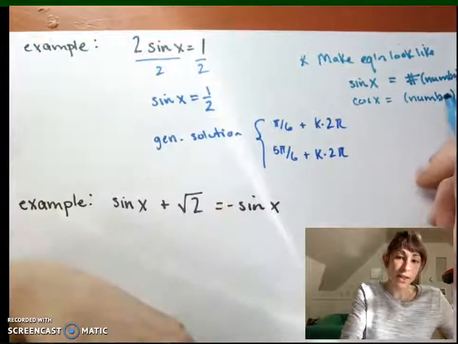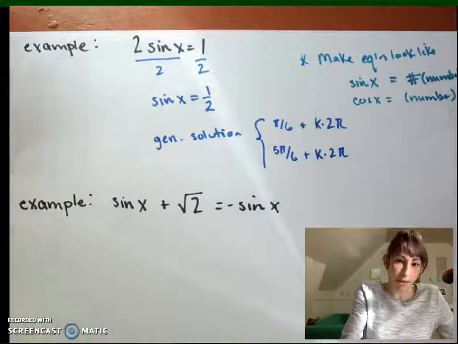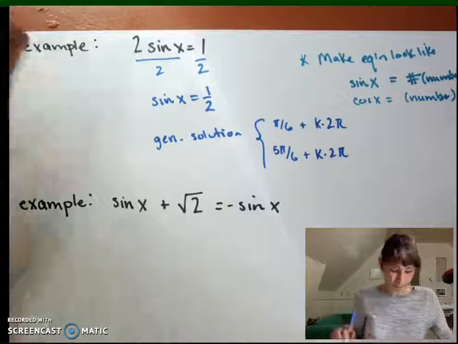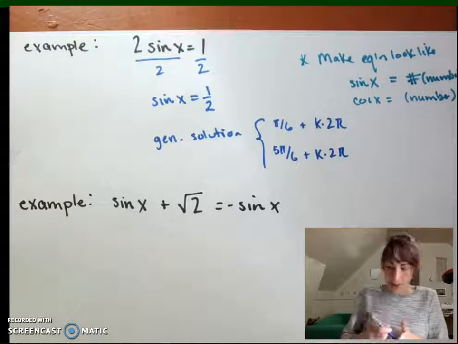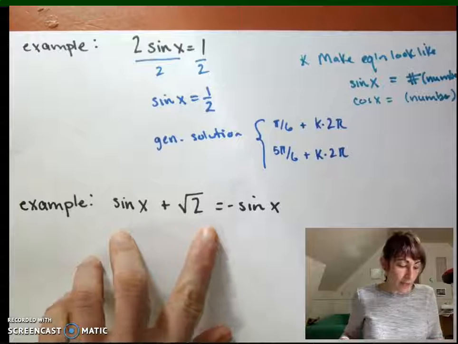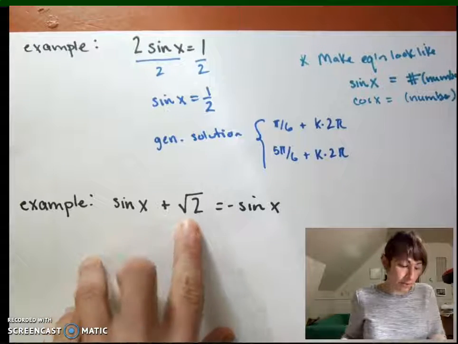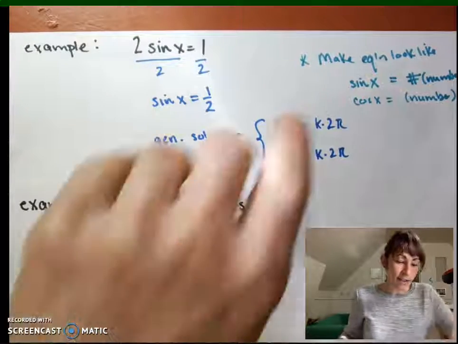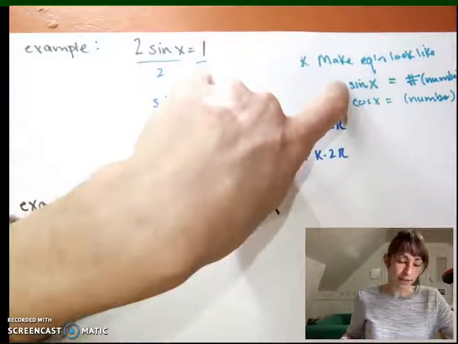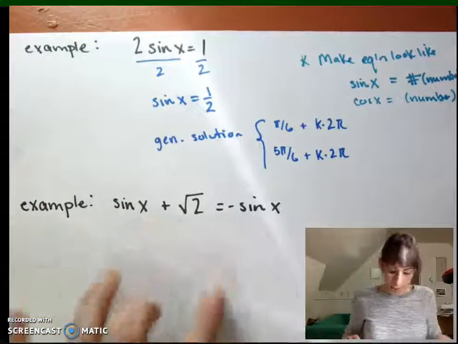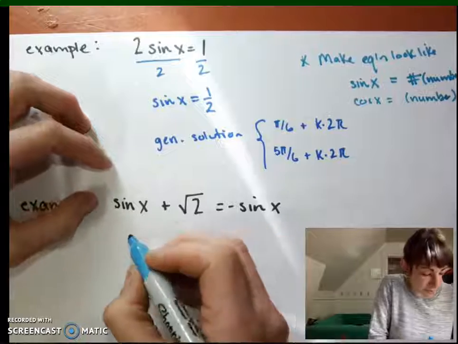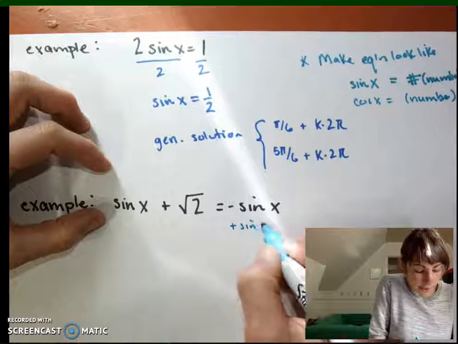Because then we can use our inverse trig functions, or we can use special triangles to get the answer. So let's do a second example here. I have sine of x plus root 2 equals minus sine of x. So I want to make the equation look like sine of x equals a number. So I'll bring the sines to one side of the equation. If I add sine x to both sides,